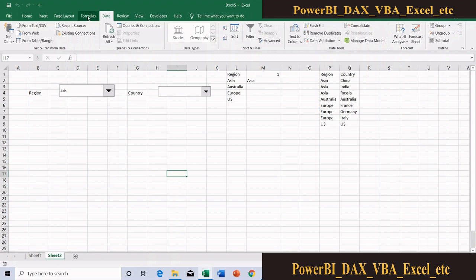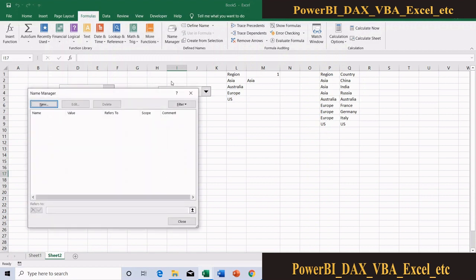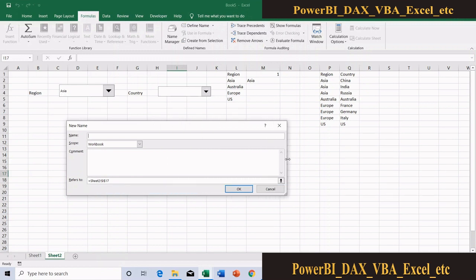For creating a dynamic range, I need to go to Formulas, then Name Manager, then enter here. First I will explain how to create a dynamic range.